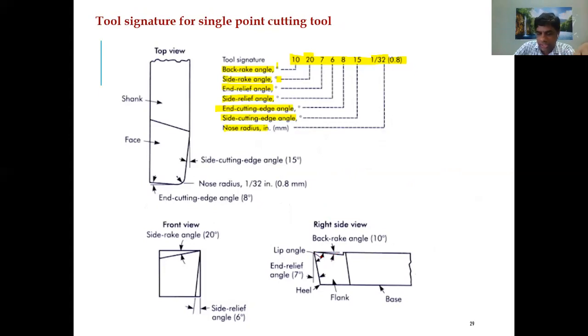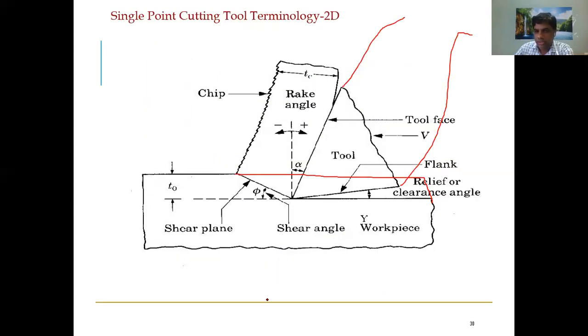The same angle is there here, because previously it was stationary mounting. Earlier it was on a horizontal surface, here it is in a vertical plane, so it may be mounted on a machine tool like this. This is a typical cutting tool, and whatever the inclination is, this is your rake angle. Is it clear? Rake angle? Yeah sir, thank you sir.